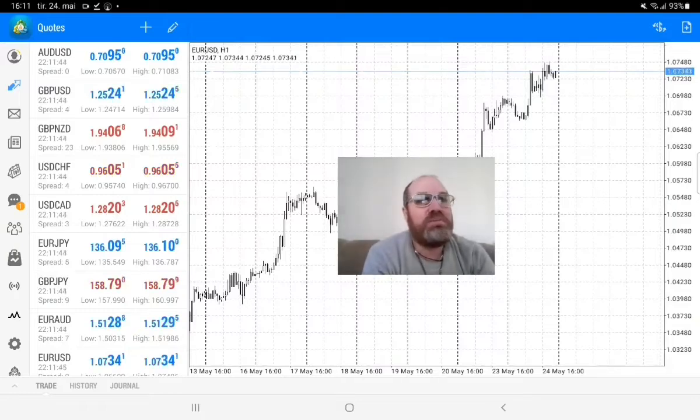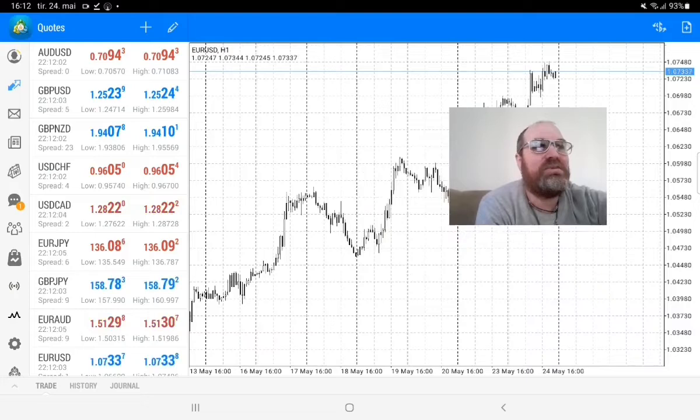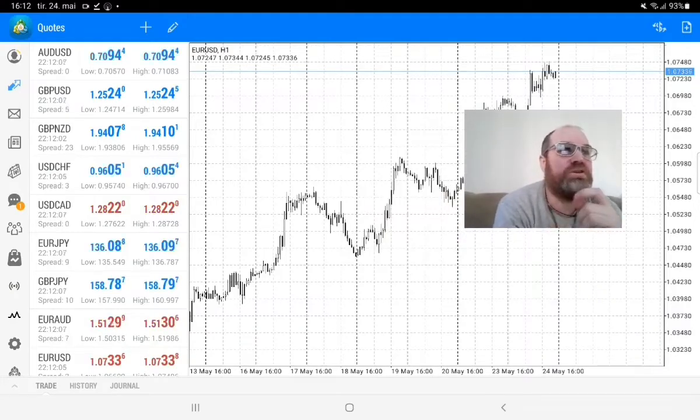So what is a pip in Forex trading? A pip is basically a measurement to express the different types of values. So it's more like when you have a meter, right? That's a measurement. In Forex, you have the pip. It's a little different from currency to currency. So for example, for euro against dollar, the measurement is for each